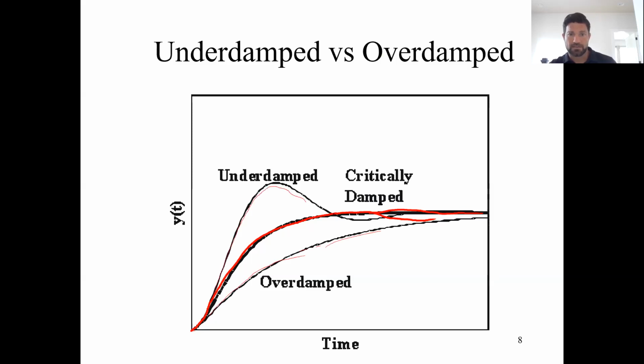Underdamped is going to look like this. So we look at this, you might say, well, critically damped looks like it's the best because it doesn't overshoot. But the difference though is overdamped is a slower response. Underdamped is a faster response. So sometimes it's favorable to have a process that has a conservative or slower response in order to maintain better